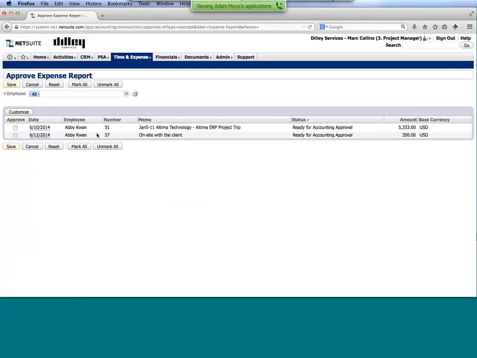Now, the one thing just to point out here, that expense report didn't go away. You'll notice there's a status ready for accounting approval. And this just shows that we have the ability to support multi-tiered approval processes where I might have the supervisor approve the time, or in this case the expense report first, and then I'm going to have the person from finance go in and do the secondary approval. Okay. So let's finish that process up. I'm going to go over now and switch gears and log in as more of my controller.